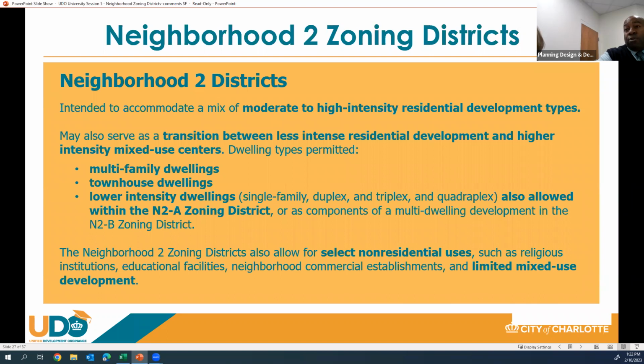Moving on to neighborhood 2 zoning districts. Neighborhood 2 zoning districts are intended to accommodate a mix of moderate to high intensity residential development types, and may also serve as a transition between less intense residential development and higher mixed use centers. The dwelling types permitted would be multifamily dwellings, townhouse dwellings, and lower intensity dwellings, which would be single family, duplex, and triplex and quadruplex, also allowed within the N2A zoning district or as components of a multi-dwelling development in the N2B